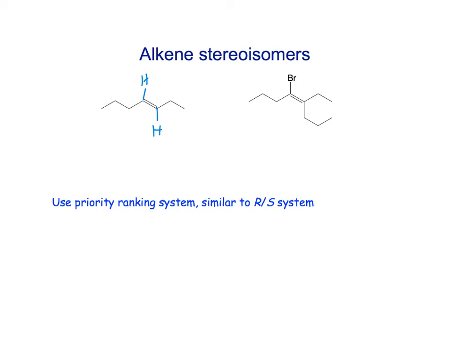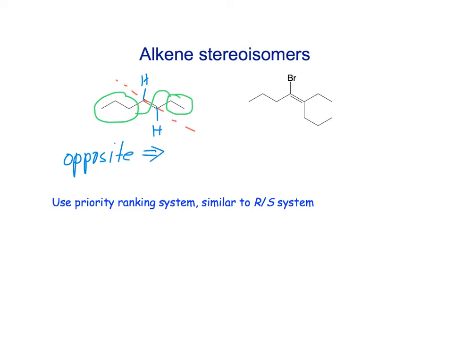Okay, and so in this case what we would do is we look at an axis down the double bond and we look at the 2 biggest groups. So we have a propyl group here and an ethyl group here, and we see that these groups are on opposite sides of that dashed line, or opposite sides of the double bond. Okay, so they're going to be on opposite,